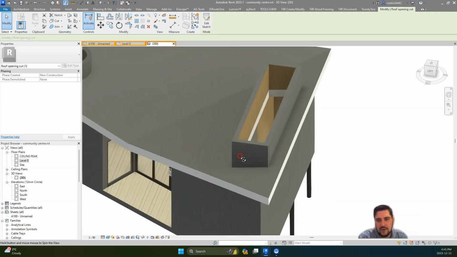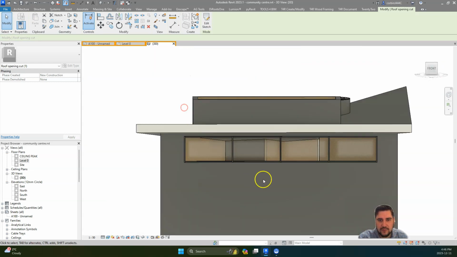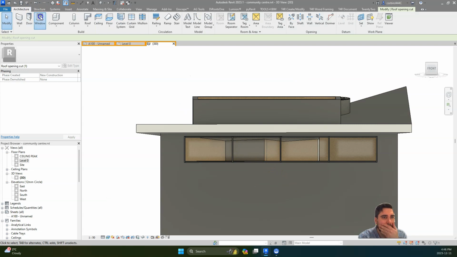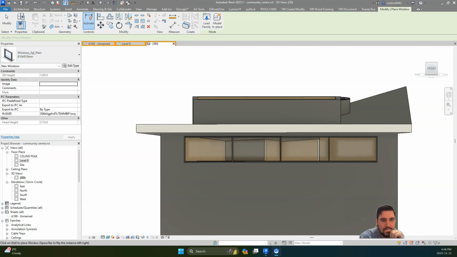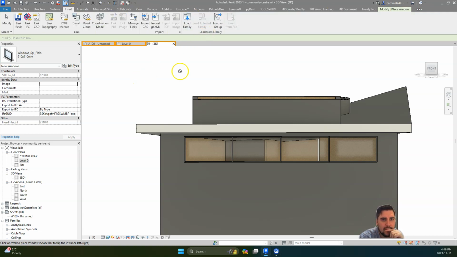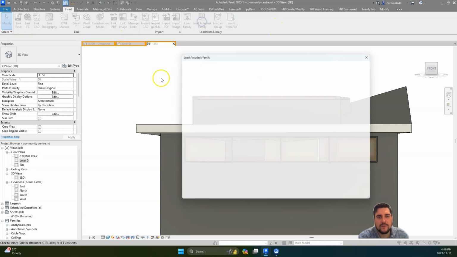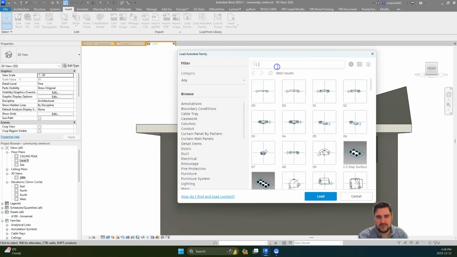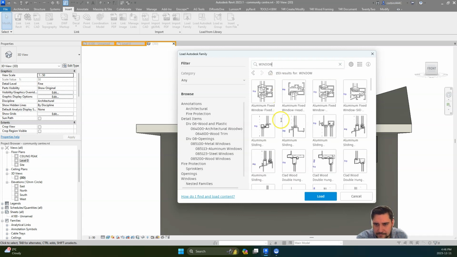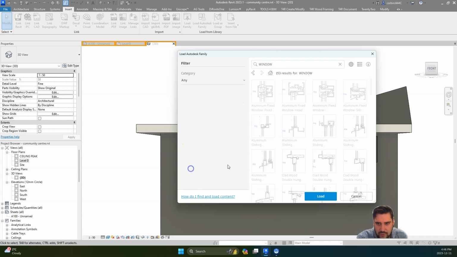And then the last part of this would be to add some windows in here. So let's go to the window tool. And I'm going to go to insert. Where's my... I don't want to do drawing. Where's my insert button? Oh, it's over here. We'll go to load Autodesk family. We're just going to load window. I usually go into the globe here and I make sure I'm set to US Imperial. I just like the families there a little better. Type in window here. Just go down to a window family,